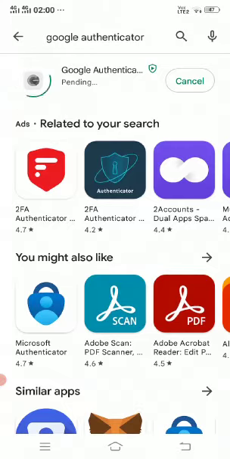This is how you can solve your problem if Google Authenticator app is not working, not opening on your Android